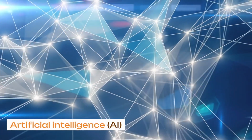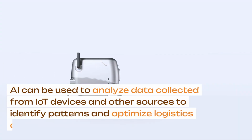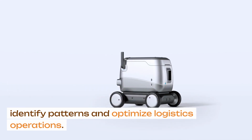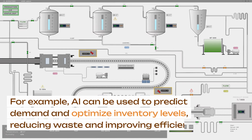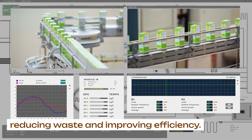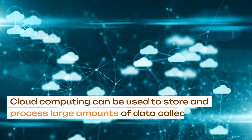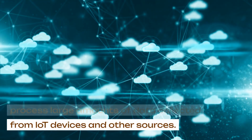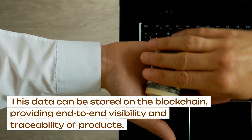Artificial intelligence, AI. AI can be used to analyze data collected from IoT devices and other sources to identify patterns and optimize logistics operations. For example, AI can be used to predict demand and optimize inventory levels, reducing waste and improving efficiency. Cloud computing. Cloud computing can be used to store and process large amounts of data collected from IoT devices and other sources. This data can be stored on the blockchain, providing end-to-end visibility and